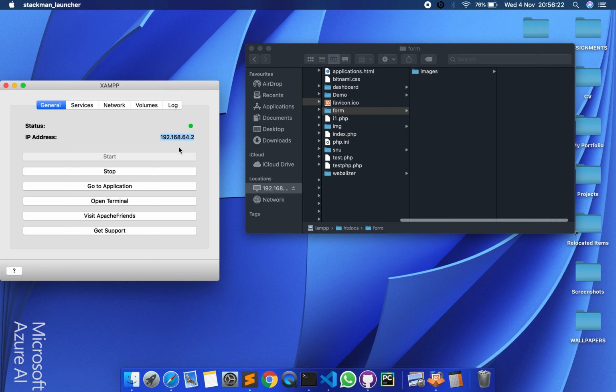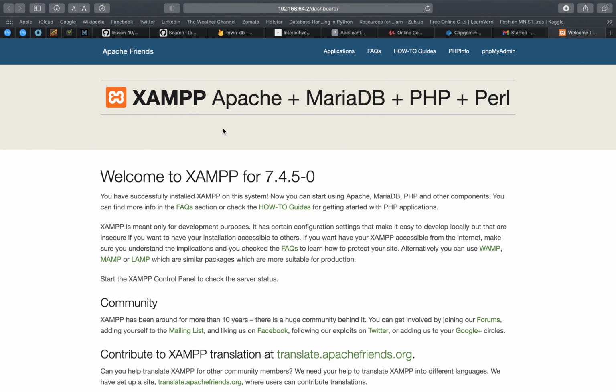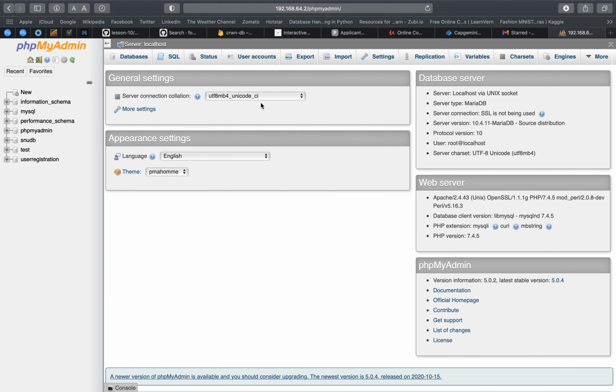It may be port 80 or anything, but on my Mac it is giving me the IP, so I need to access the control panel of XAMPP, that is phpMyAdmin, using this IP. Here I also have an option to go to that application just by clicking this button. Here you can see I landed on the XAMPP web UI, and I have an option for phpMyAdmin. This is the place where I can access the complete thing.